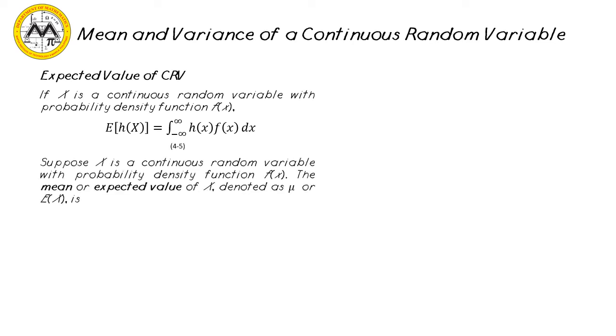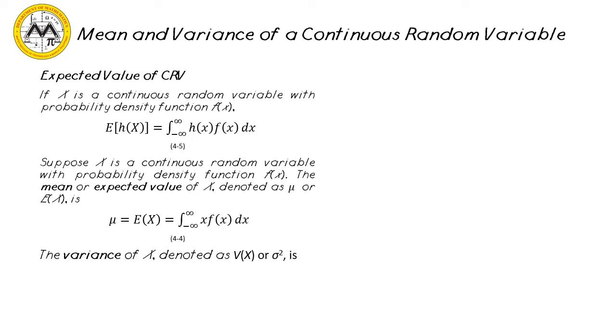Suppose that x is a continuous random variable with a probability density function f of x. The mean or the expected value of x, denoted as mu or E of x, is given by mu equal to the expected value of x, which is the integral of x f of x dx for all values of x,